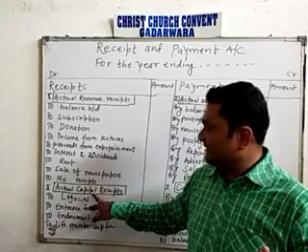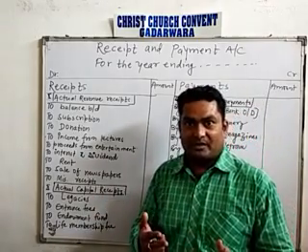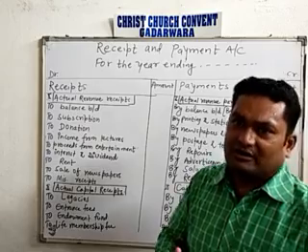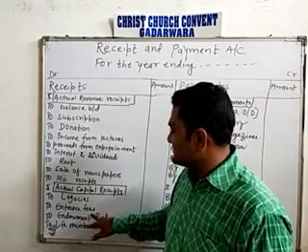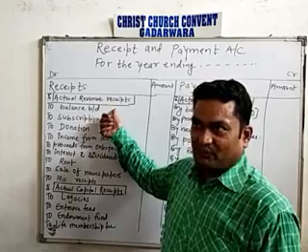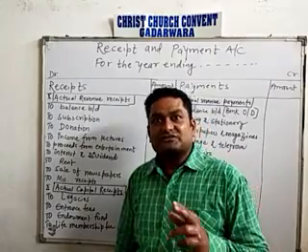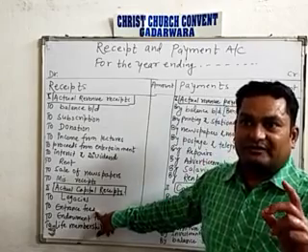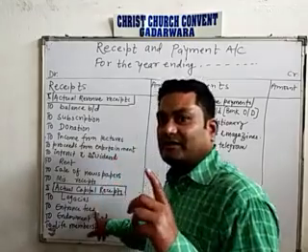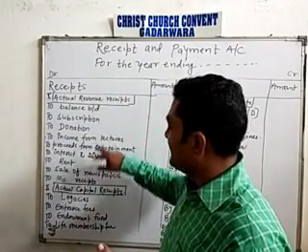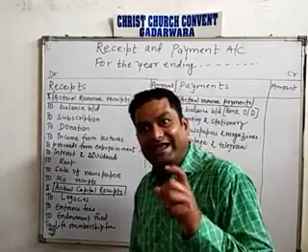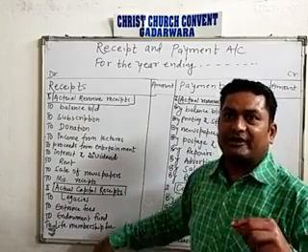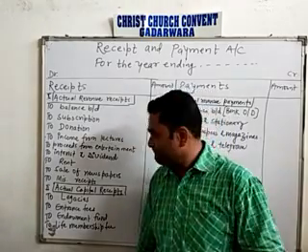And some experts believe that new members are registered every month, every year, or on accrual basis, that is why it should be considered as revenue receipts. So if it is not given in the question, the student should take it into consideration. It should be written in the receipt and payment account if the amount is small, and if the amount is big, then it has to be written in the income and expenditure account, not here, and on the liability side of the balance sheet.